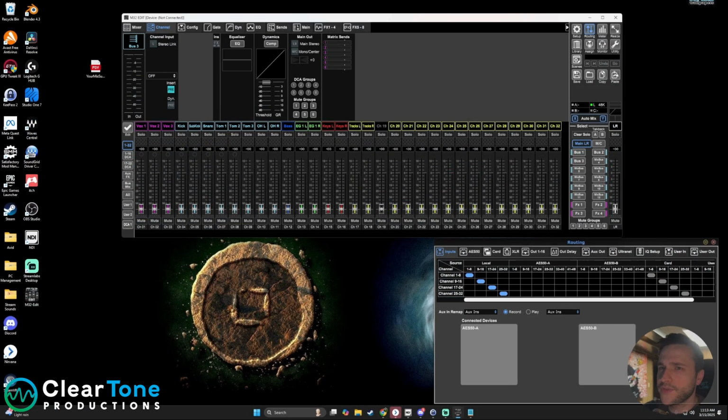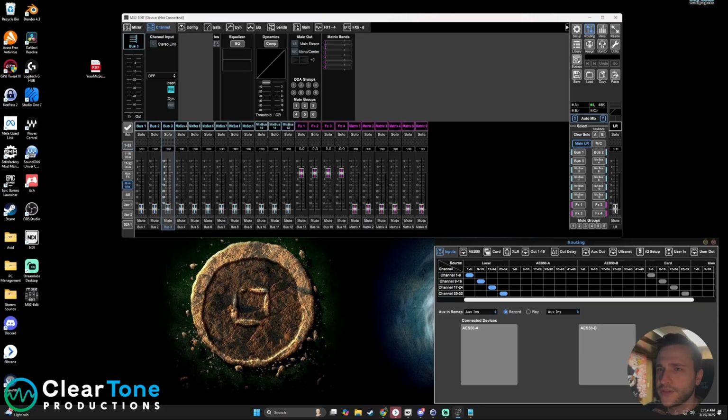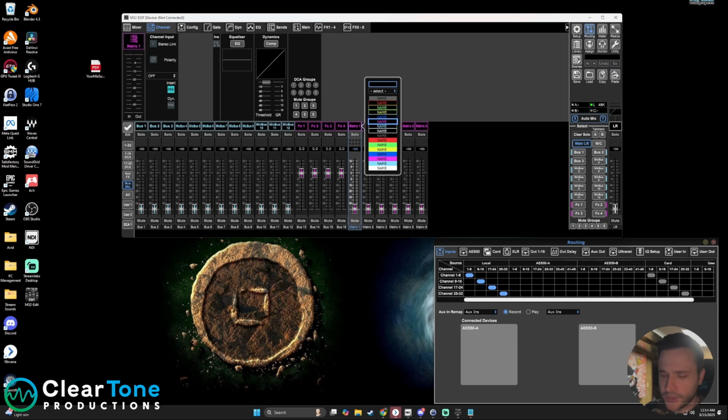So I've got a version of M32 Edit here. It's running offline, and I just dropped some channel labels in here to simulate what we might see at a show. So the first thing we're going to do is accommodate for the matrix fed sub approach. And so I'm going to come down here to our bus layer, and I'm just going to set up 3 matrices,